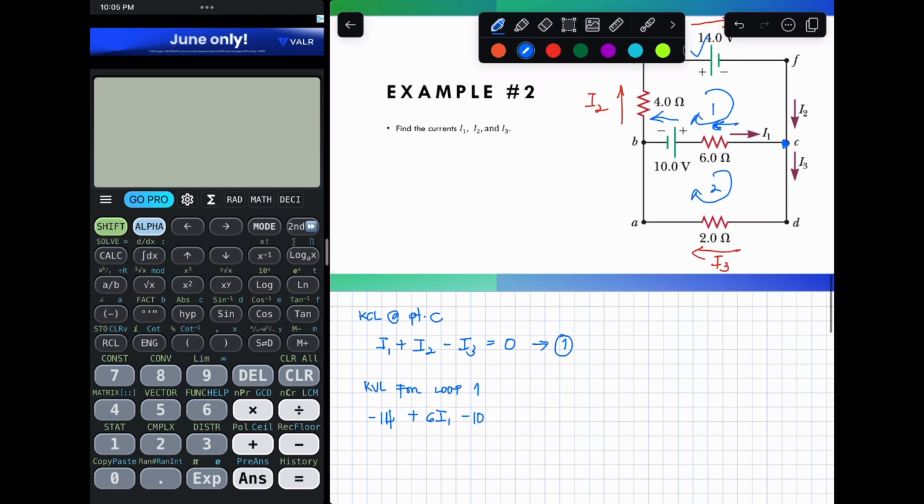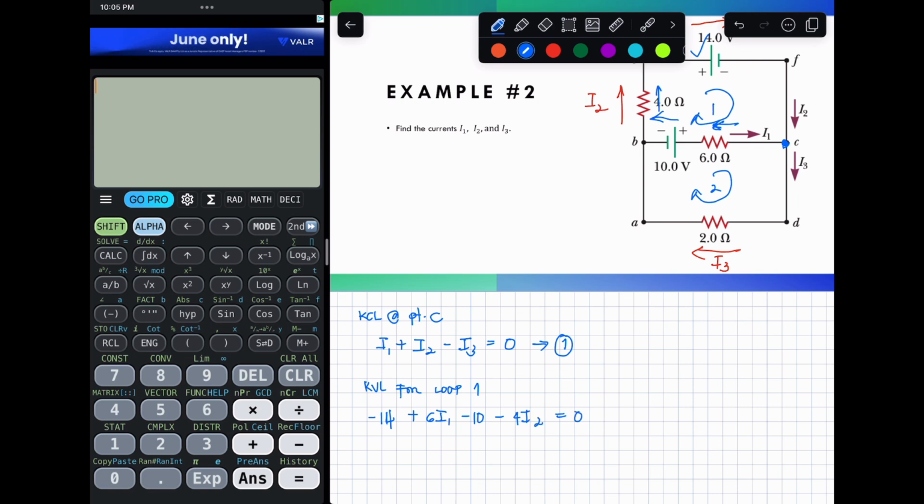And then, lastly, this would be the direction of my loop. This time it is along. My loop is along the direction of the current, so that will be negative. So negative 4I2